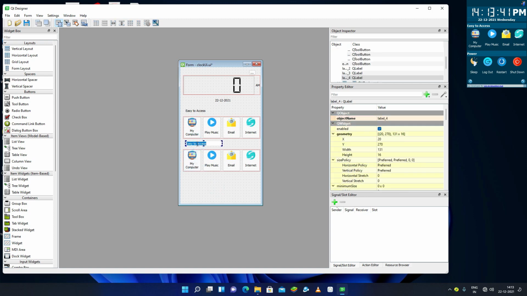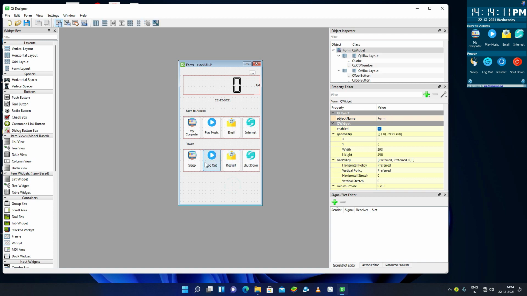Let's rename it again, power. And now I can rename these 4 also, the first one as sleep, and the second one as logout or sign out, you can name it anything. Next one is restart, the 4th one is shutdown.